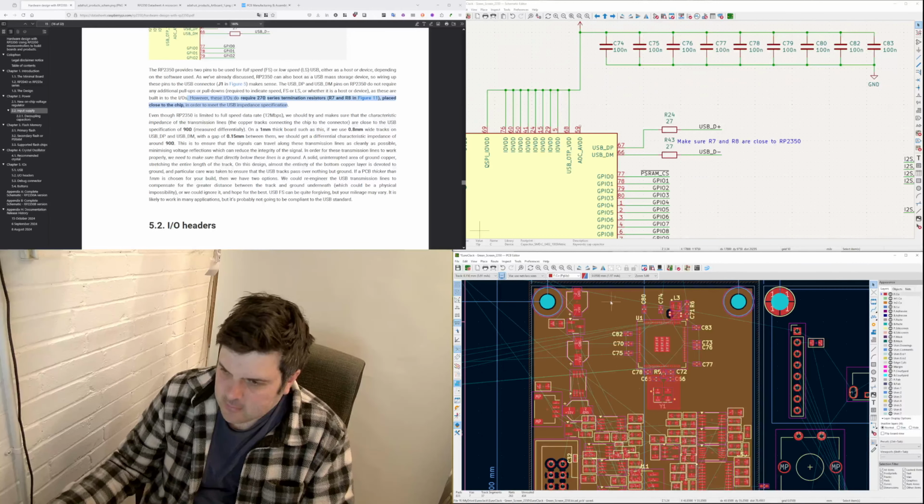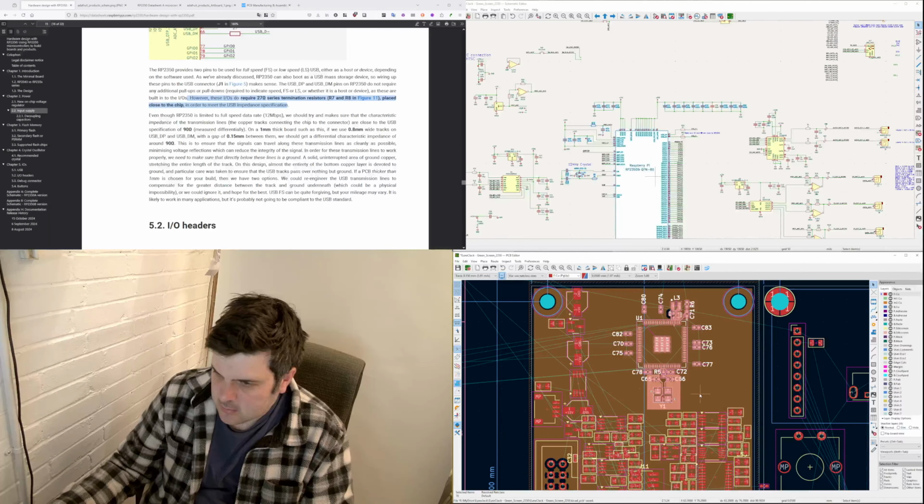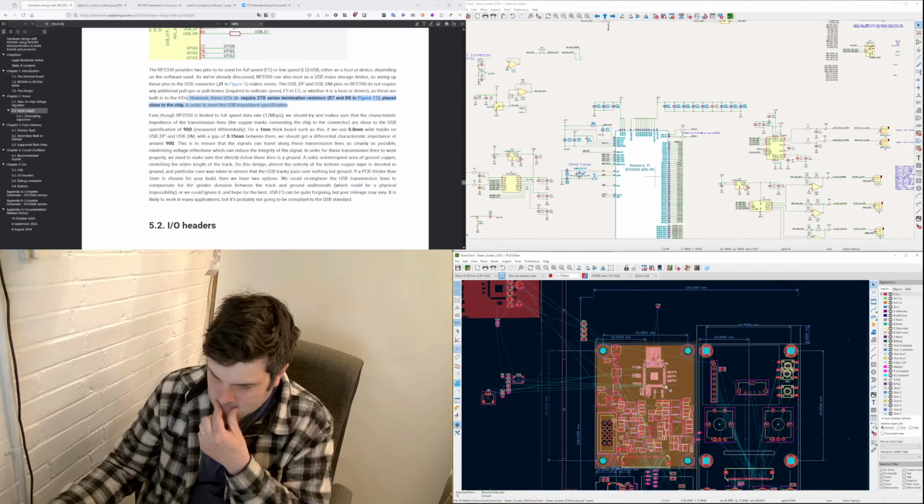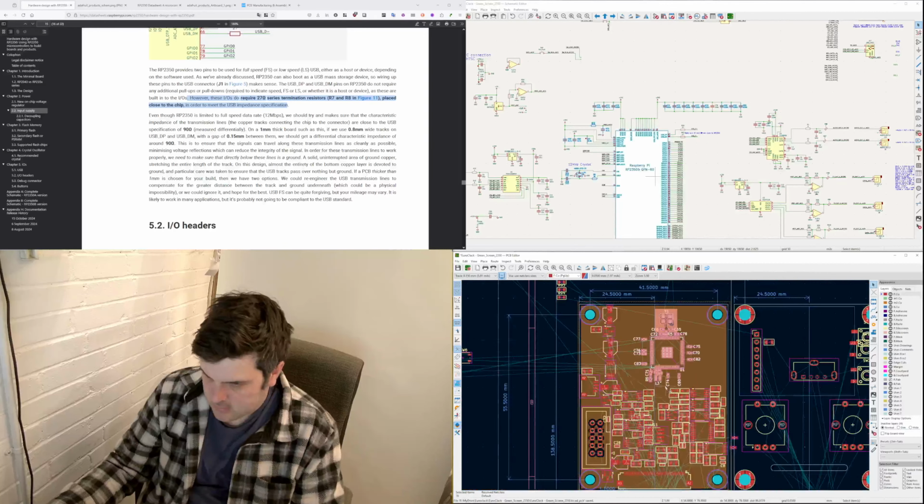This means I think I want to rotate the entire design so that if I do that,